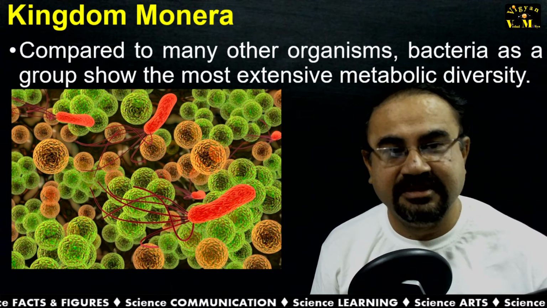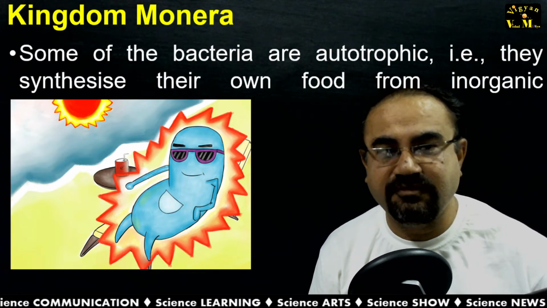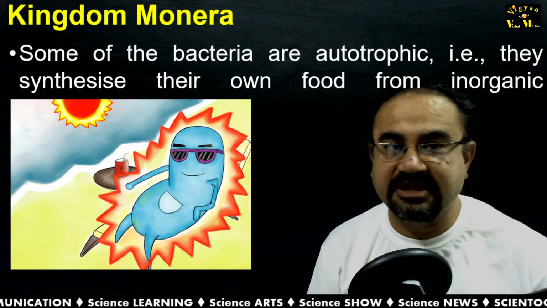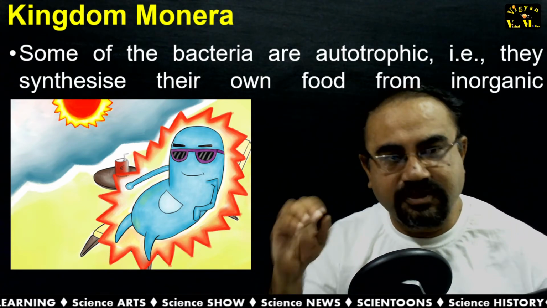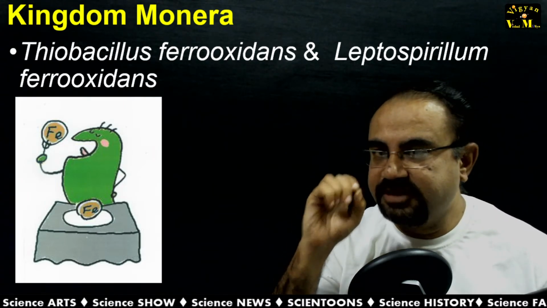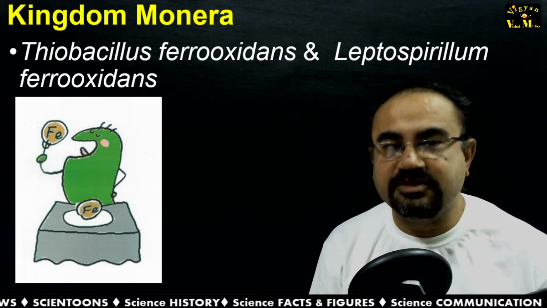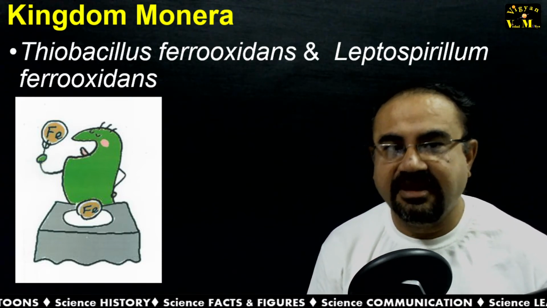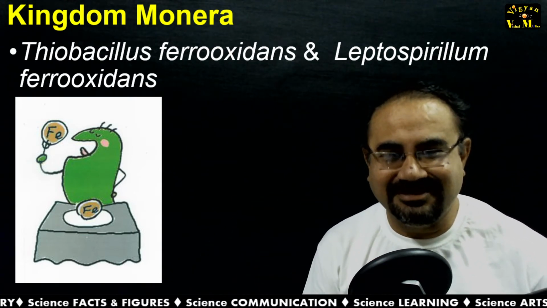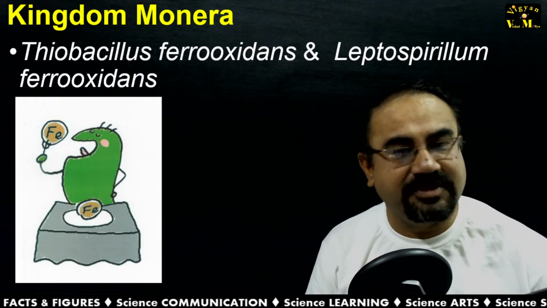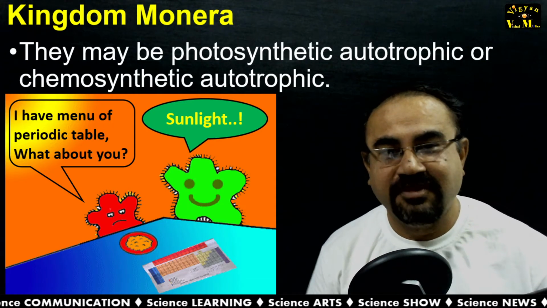metabolic activity. Some of them are autotrophic because they are capable of synthesizing their own food, and that is again from the inorganic substrate. Some of them are photosynthetic also. For the example of the chemosynthetic one, we can say Thiobacillus ferrooxidans or Leptospirillum ferrooxidans, and here in the cartoon we can see that they are eating iron. So they are capable of digesting such kind of minerals, and that's why when two bacteria, one